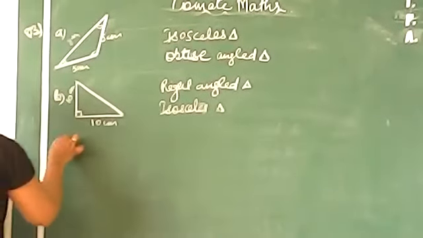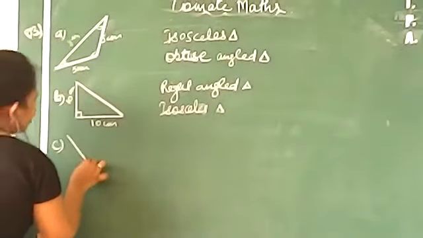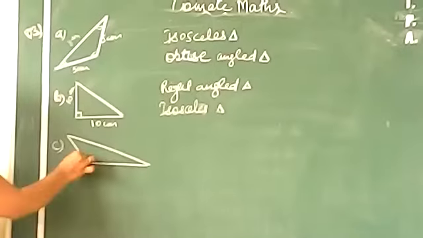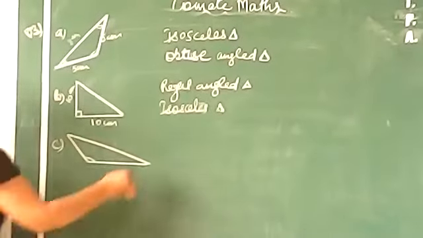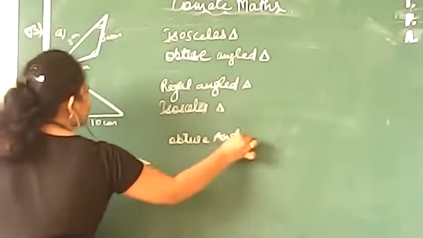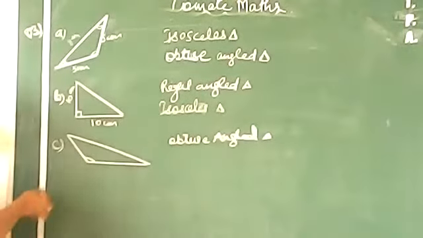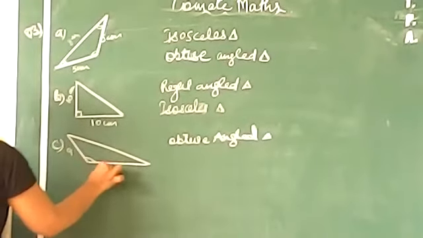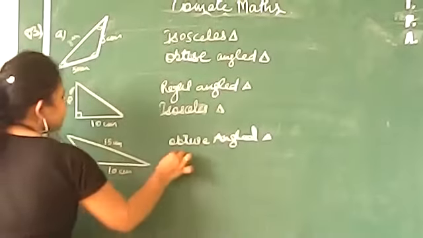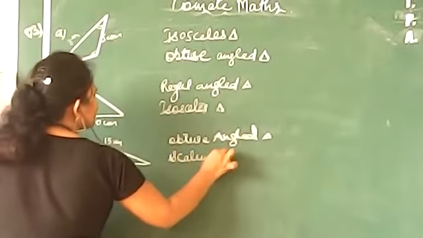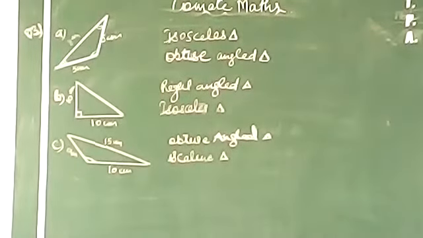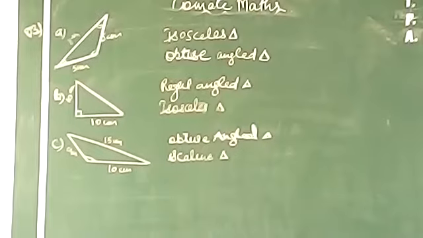Now move on to the third one. See. It's looking like obtuse only. See the open triangle? You can see it is clearly open. The bigger one, this is obtuse angle triangle. This is your first name, obtuse. Obtuse angled. And see the next one. This is 9. This is 10. And this is 15. Can you tell me which type of pattern is this? Scalene. All the 3 are different. So this is all about page number 51. We have completed it right now.